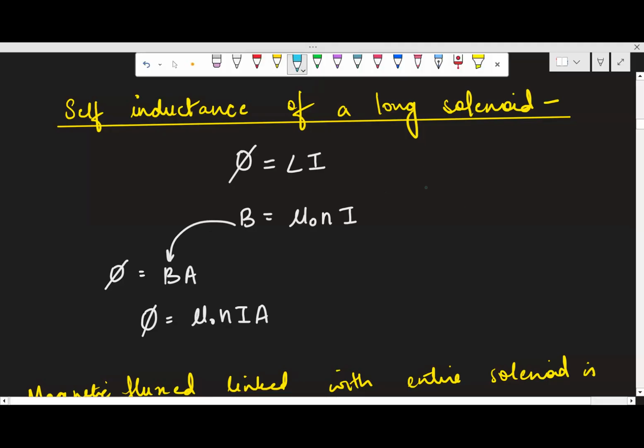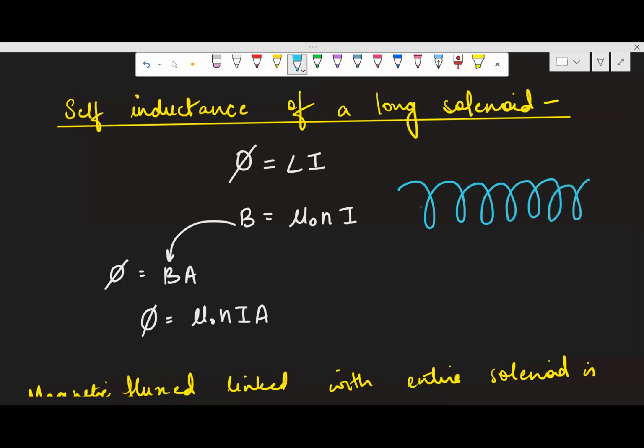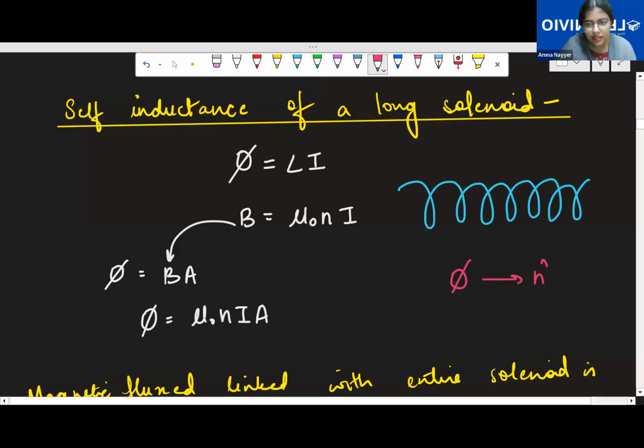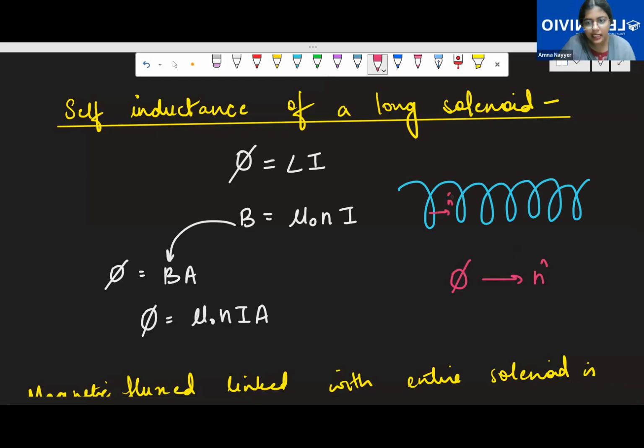See, if I draw it, this is the solenoid that we have. Okay, this is one area. Now, what do we do in magnetic flux? The first step is we take the n cap. Okay, area vector is taken. If this is a circular turn, the area vector will be like this. Magnetic field we've already studied in the solenoid is inside. There is no outside magnetic field. Remember, I had drawn this line. So magnetic field is also here. So basically, the theta is 0. So cos 0 degree is 1. Okay.